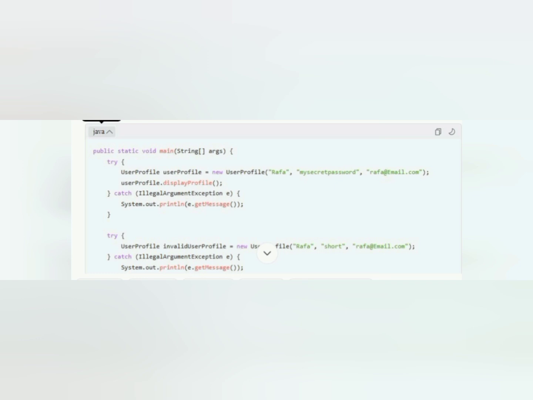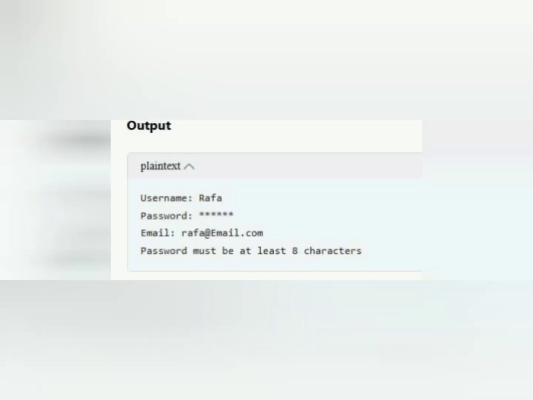The password short is less than 8 characters, so it will trigger the validation in the setPassword method. Then we have the output: username Rafa, password visible, at least 8 characters,